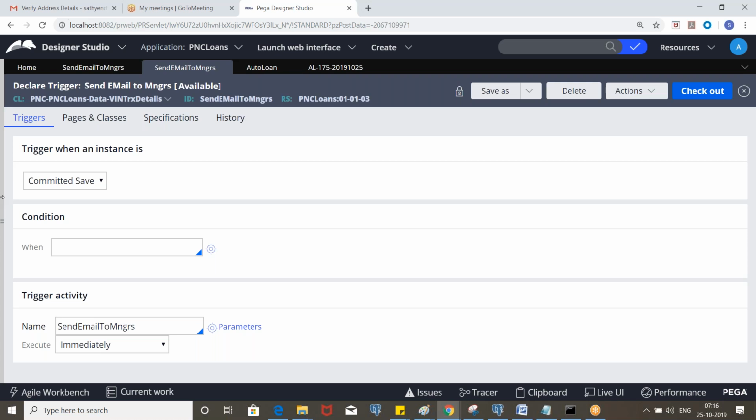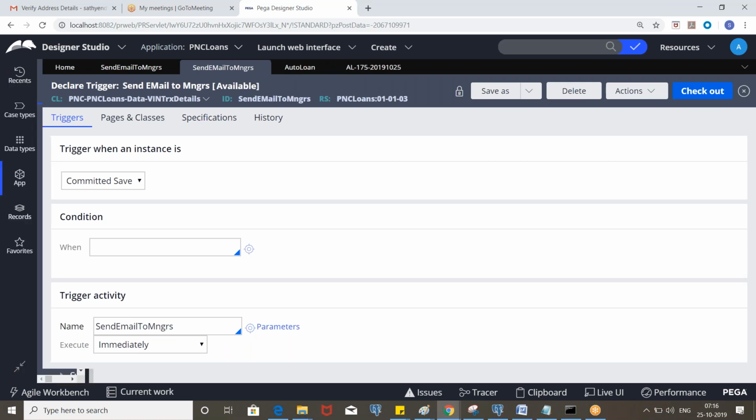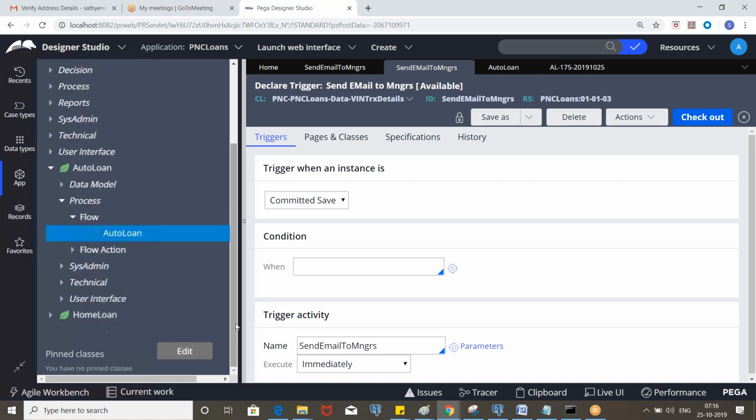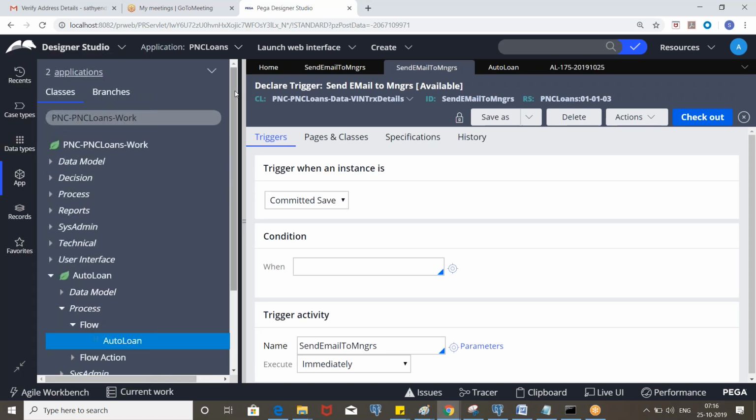Let's assume we have a flow where we have different work object statuses, right? If you take the home loan, it can be resolved with risky, or resolved by manager, or rejected also.